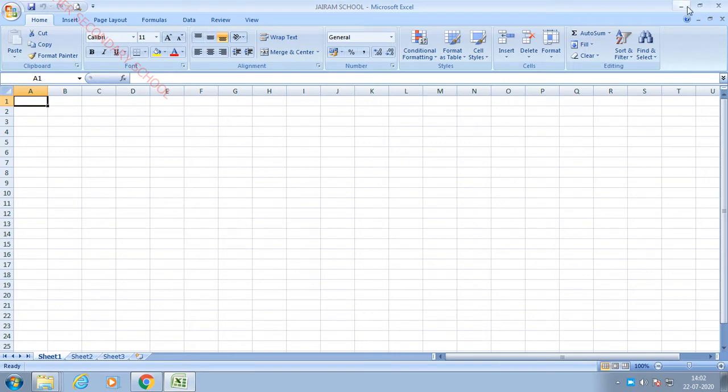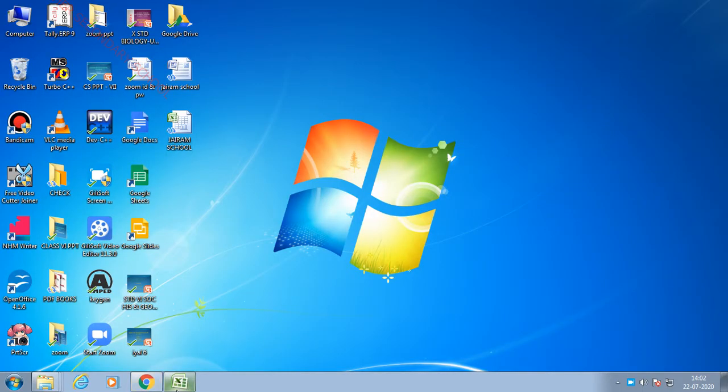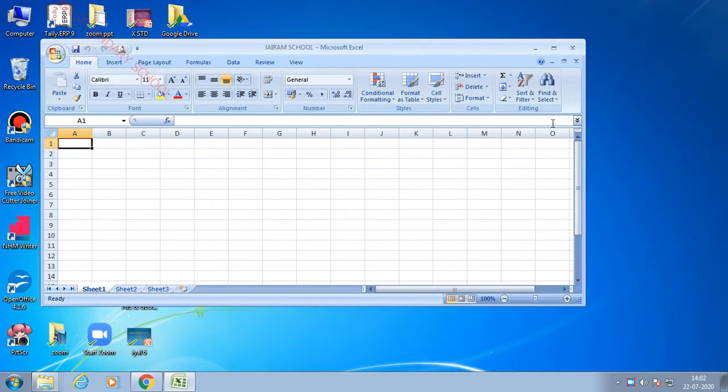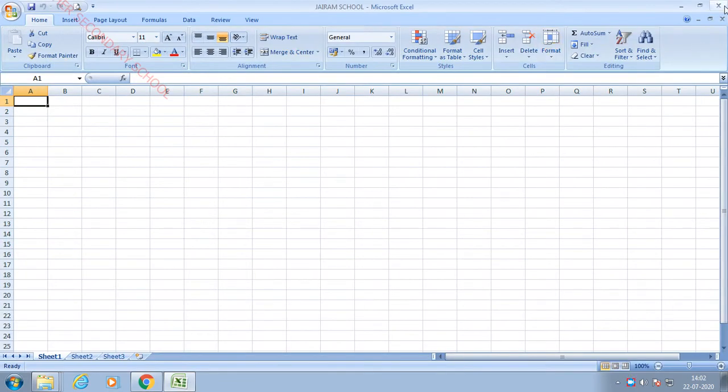On this right side you have the minimize, restore and close buttons. Minimize means if you click this icon once, the window will be placed on the desktop. So how will you come back to the previous position? Once again you have to click this icon, and it will come back to the previous position. Restore means the page will look like this. If you want to maximize, again you have to click this same option. This close button is used to close the document, you know that well. So this is called the menu bar. I told you why it is called the menu bar: because it contains a collection of menus, that's why it is called the menu bar.